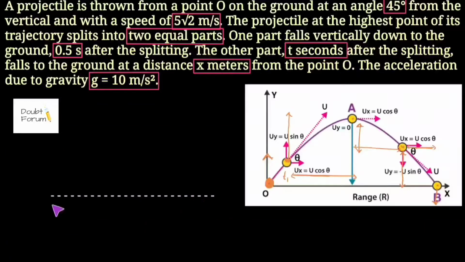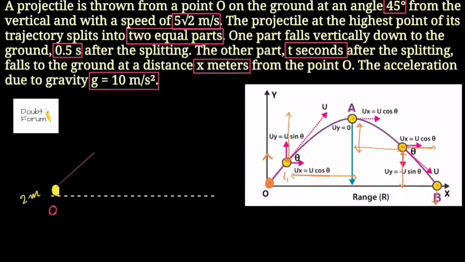So if this is the ground, on the ground there is a point O. Let's say this is a point O. And on this point there is a projectile thrown. So if this is a projectile, let's say this is a projectile. And we are assuming that the mass of this projectile is 2m. We are assuming its mass to be 2m because later on this object will split into two equal parts. So then the mass would become m and m. So for the simplification purpose, we are assuming that the initial mass is 2m.